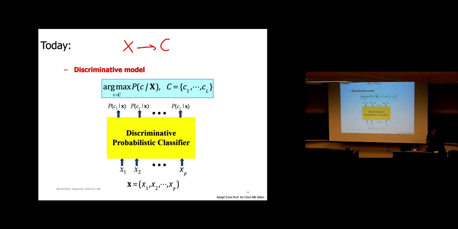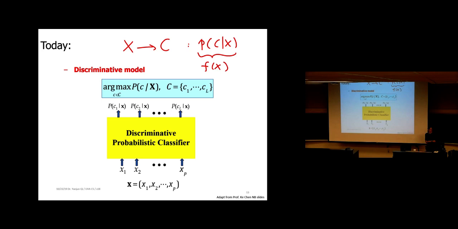This is classification, and we are using conditional probability as our F function. So instead of a generic f(x), we're using a probability formulation to formulate the classification, and this minimizes the 0-1 loss